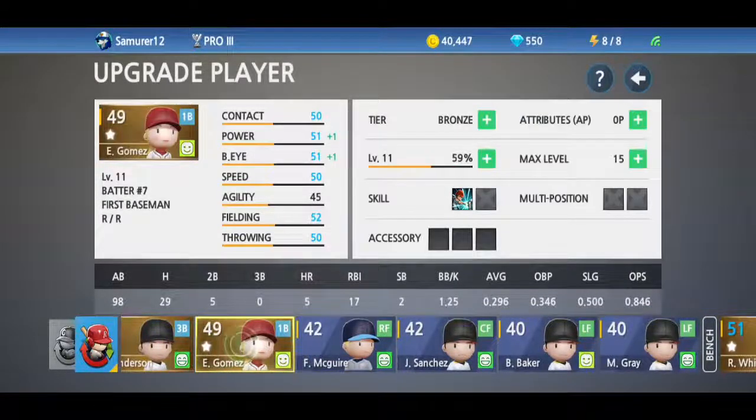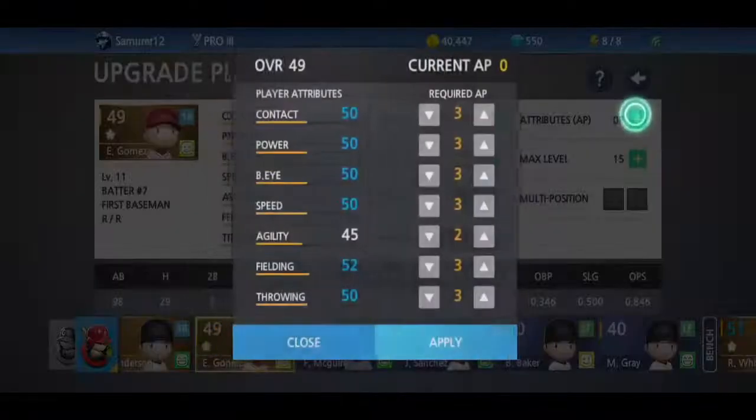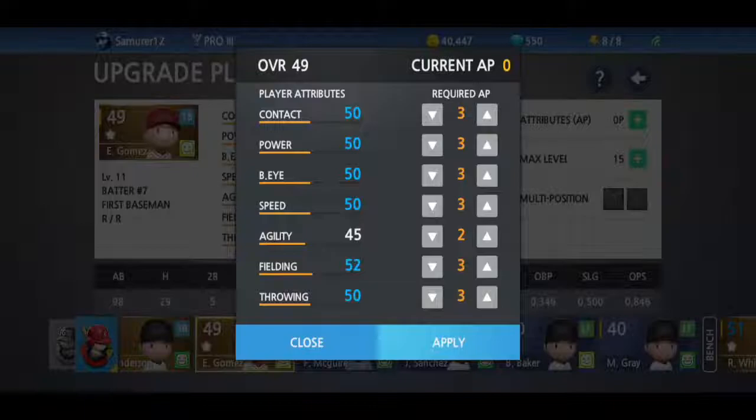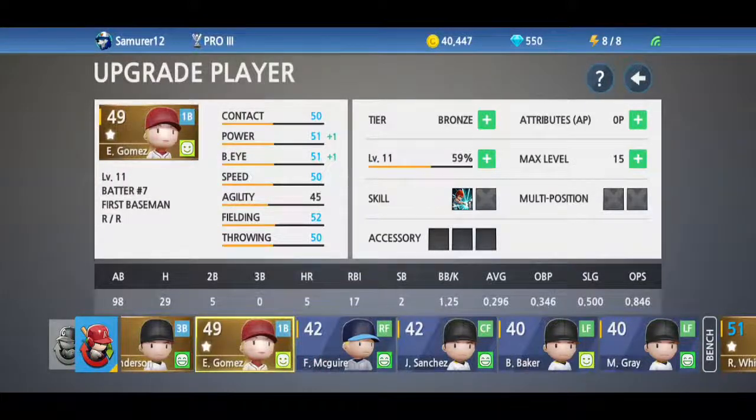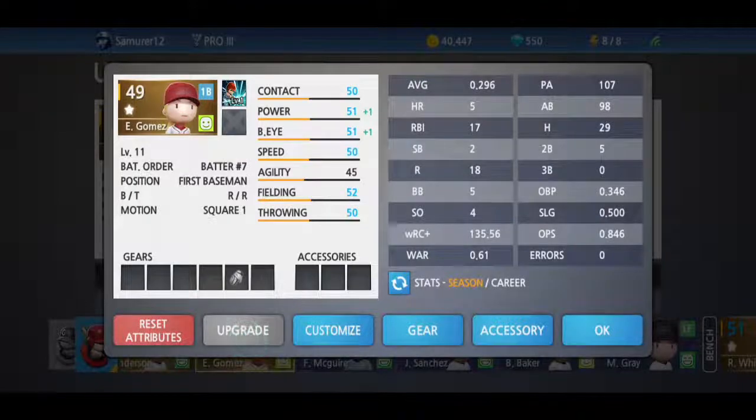In comparison to E. Gomez, you can also see the attributes that you can upgrade: contact, power, batting eye, speed, agility, fielding, and throwing. And you can do so in 2 ways. First, if you click on the player's name, you can also click on